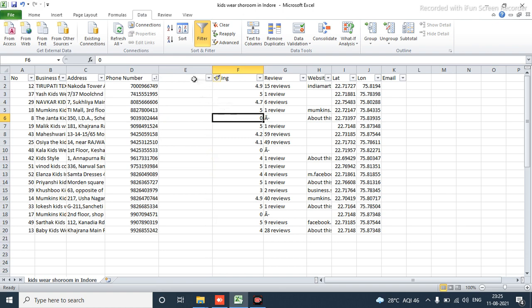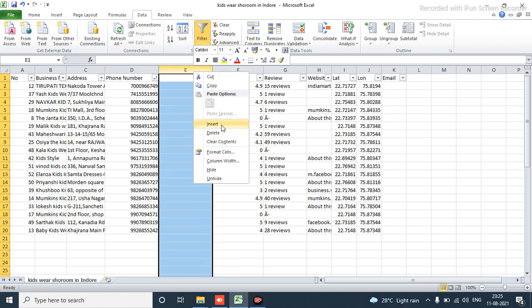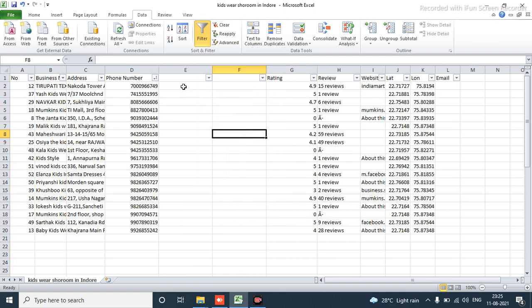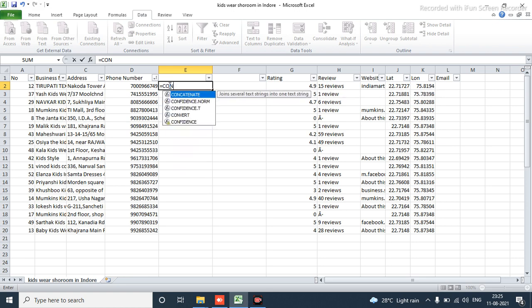Then the next agenda is to add 91. It is very simple. We just have to apply one single formula to add 91 before this 10 digit number. The formula is equal to CON. When you type CON, you can see the reference CONCATENATE.